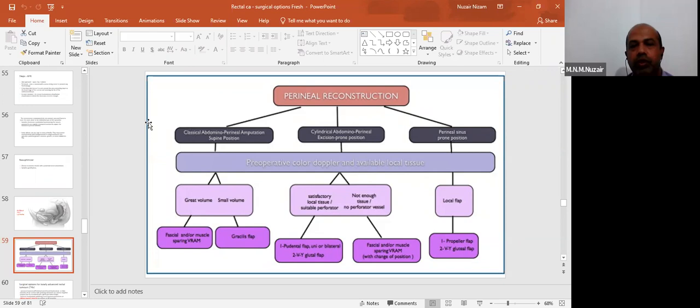So sometimes you can try to close the defect with muscle flaps, either rectus abdominis or gluteus maximus muscles. Other thing is some surgeons even use biological meshes to put for the pelvic floor so that the perineal